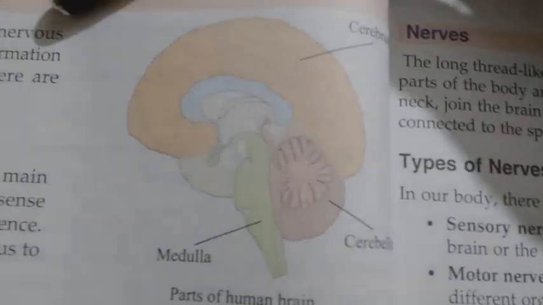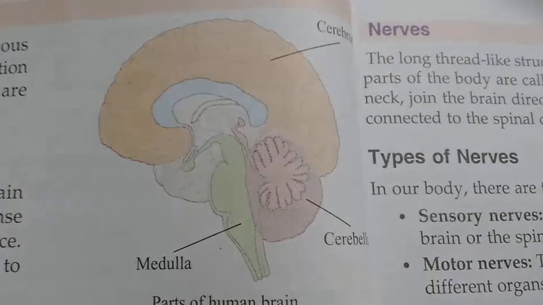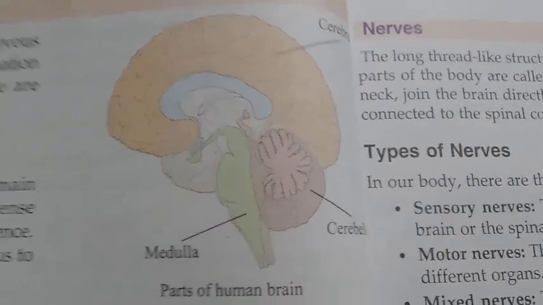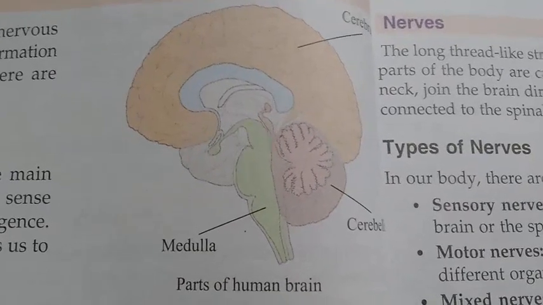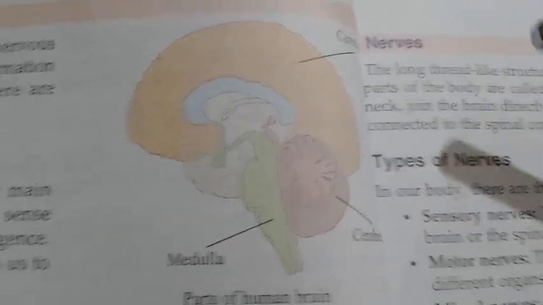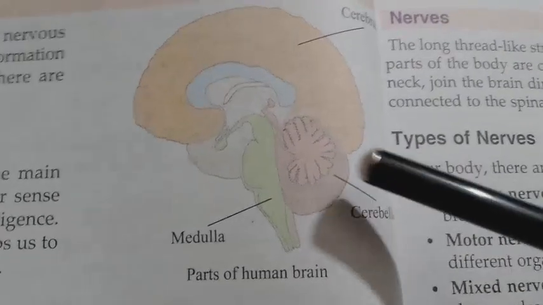Now, look, brain firstly. Brain is the main organ of the nervous system. It sends and receives information from all parts of the body. There are three parts of the brain: cerebrum, cerebellum,